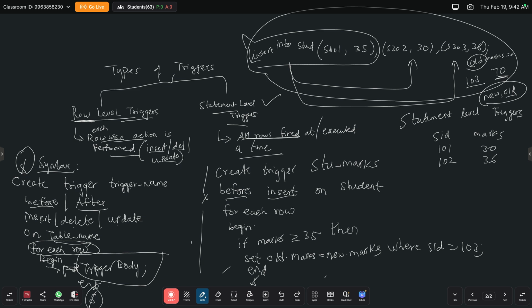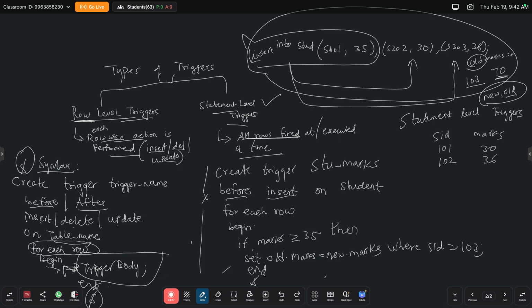For example, before update: create trigger name before update on table name for each row begin. What do I need to update? Marks. Update table name set marks equals to some 30 where new dot marks equals to 30 where old dot marks equals to something. Clear?